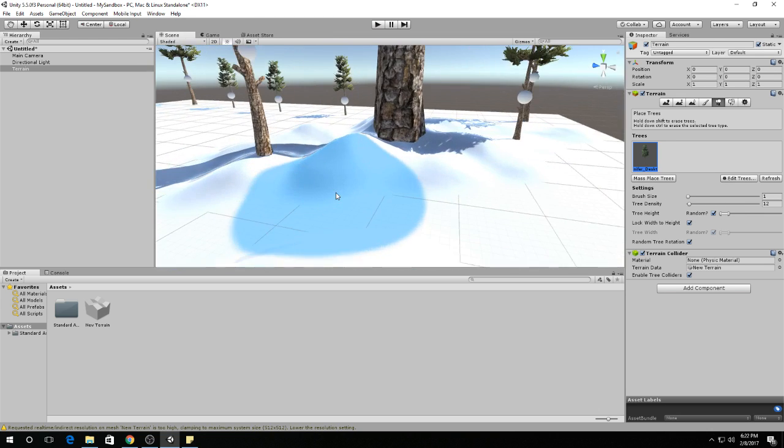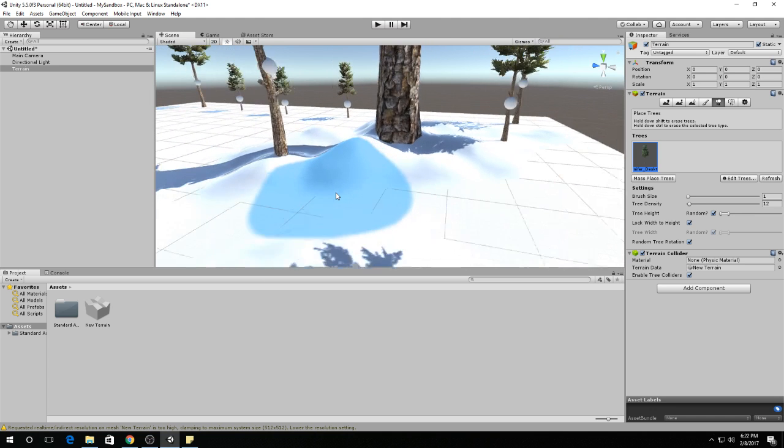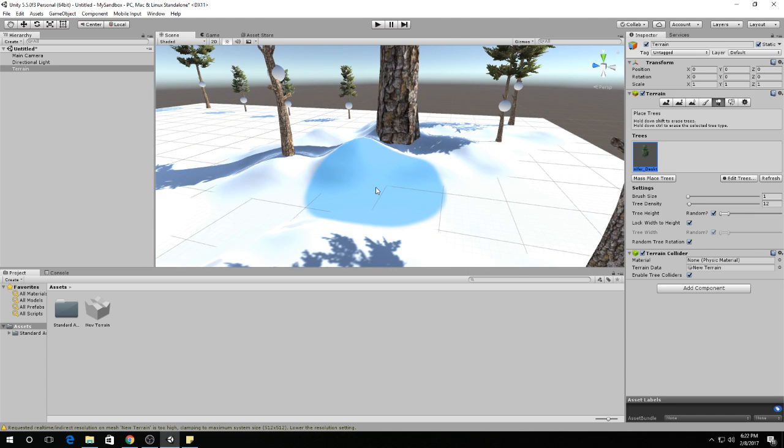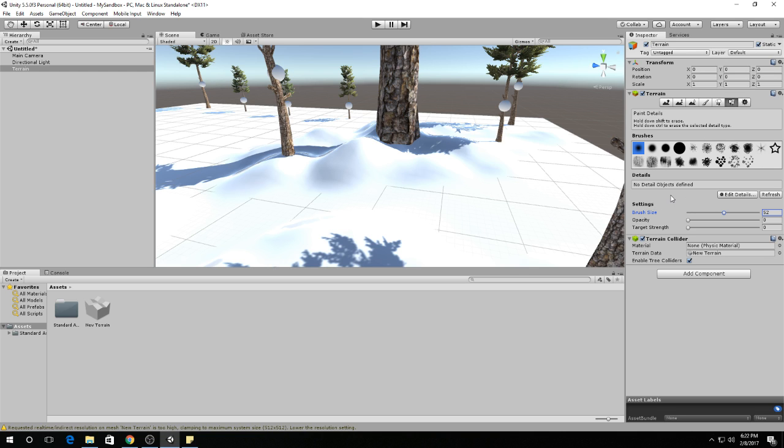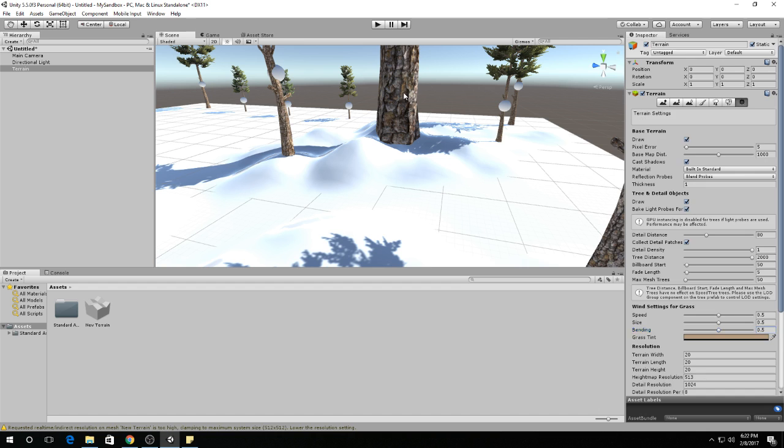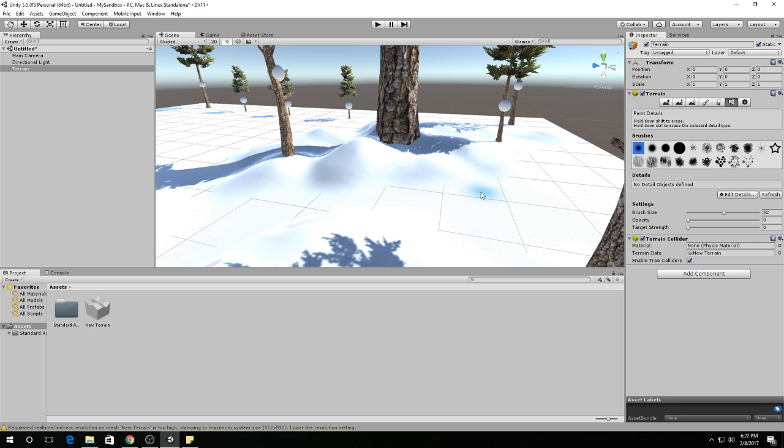The other thing I'm going to show you guys, if we go down into our forest here, is we're going to add some grass next. So in our environments, we can add trees. And we can also paint grass and plants. Now, when we paint grass and plants, these are not what we would consider a game object. Each of these trees is a game object. So if I go here, each of these guys has their own data about them. But if I start adding grass,